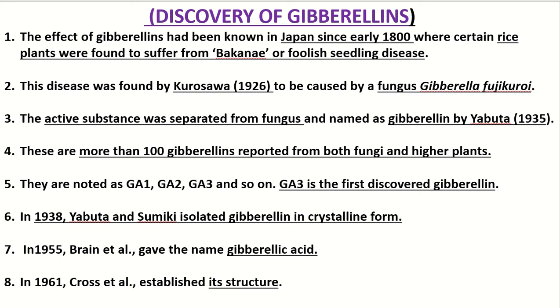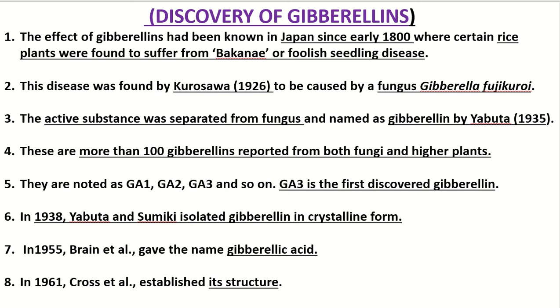1935. More than 100 gibberellins were reported from the fungi and higher plants, and they are named as GA, that is gibberellic acid 1, GA2, GA3 and so on. GA3 is the first discovered gibberellin. In the year 1938, Yabuta and Sumiki isolated the gibberellin in crystalline form, which is a crystal-like structure,